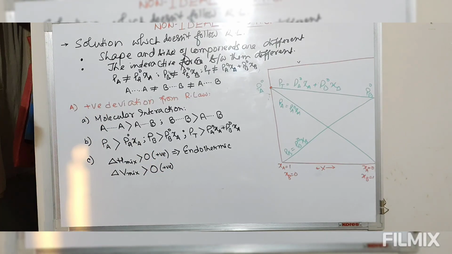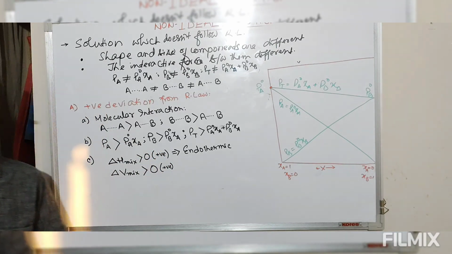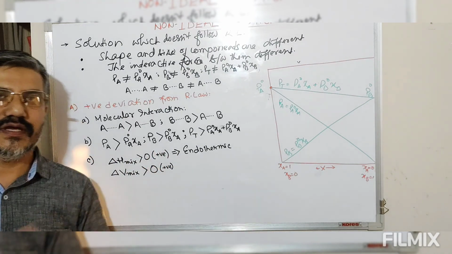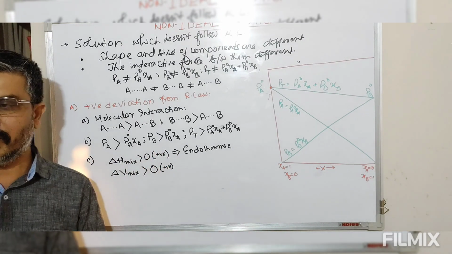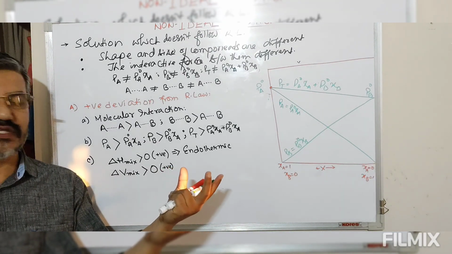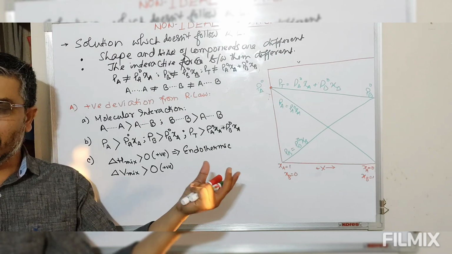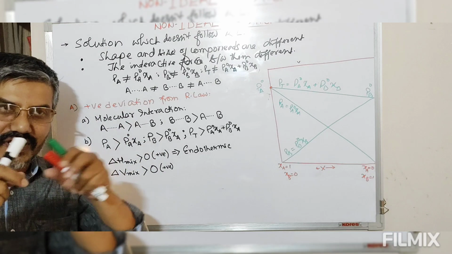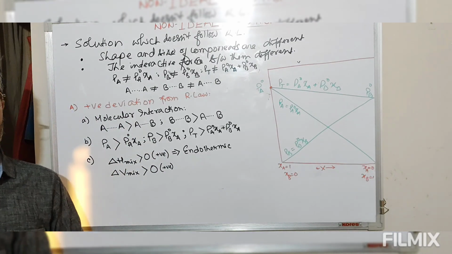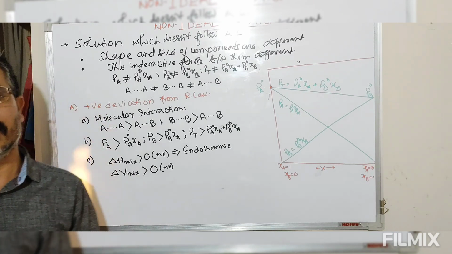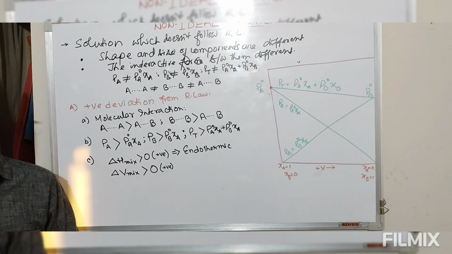Now look at this. This seems to be something funny. Also, now we take 5 ml of A in a container, 5 ml of B in another container. So volume before mixing is 5 plus 5, 10. Now A and B are mixed together. After this mixing of A and B, the total volume of solution should be greater than 10. How can it be possible?